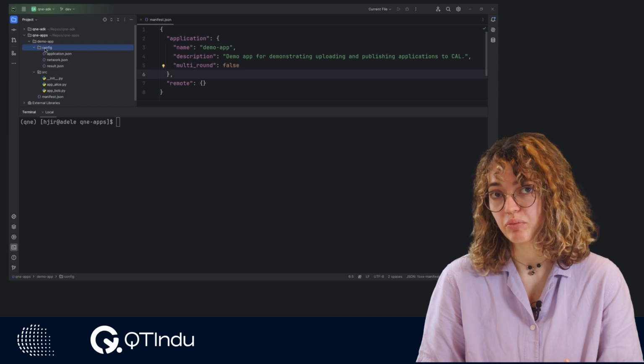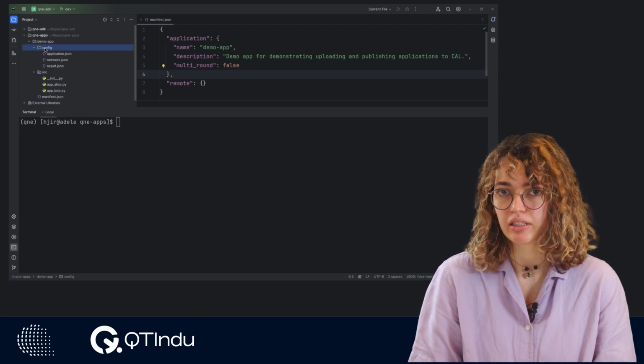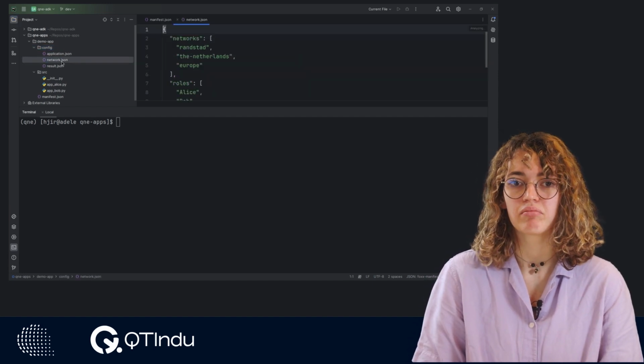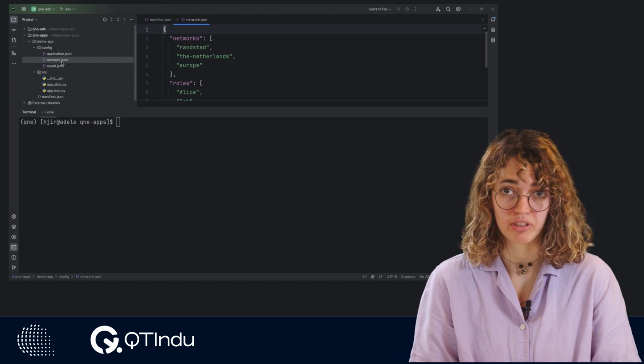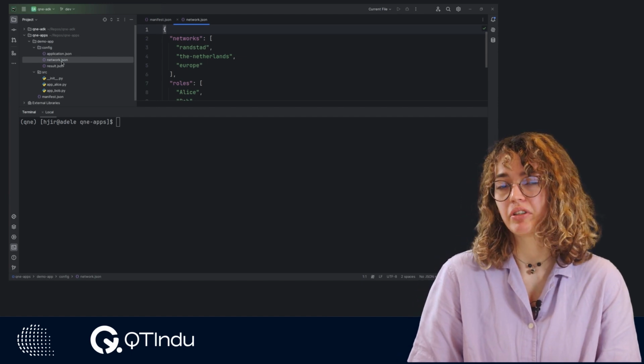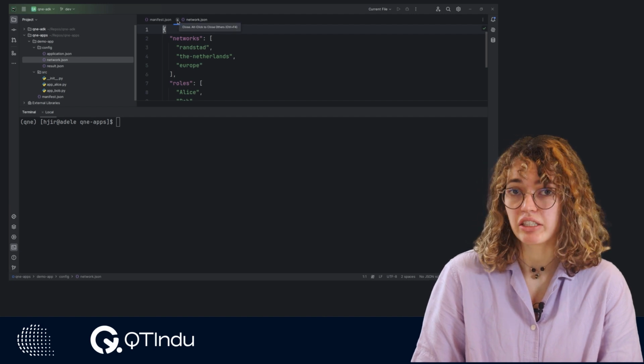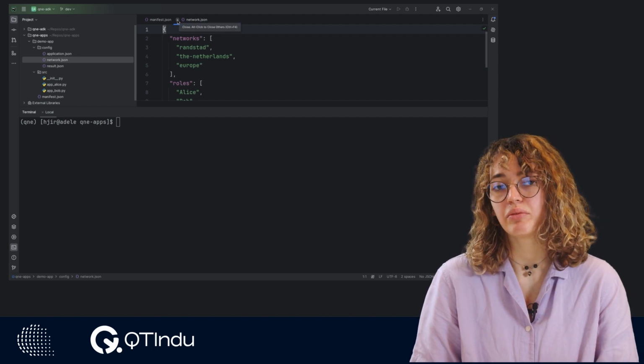A file describing the inputs to the application, a file describing the network parameters, such as here, and a file describing how to display the results. We dive deeper into how each of these files looks in a previous submodule.